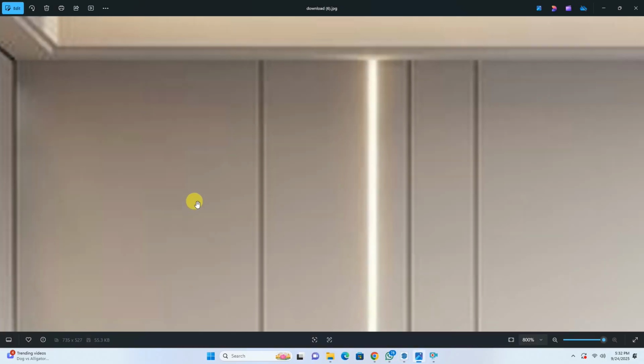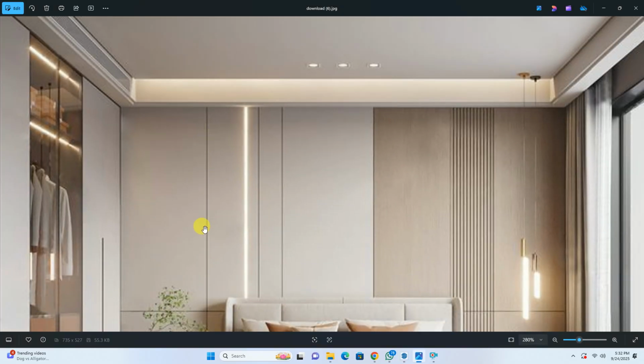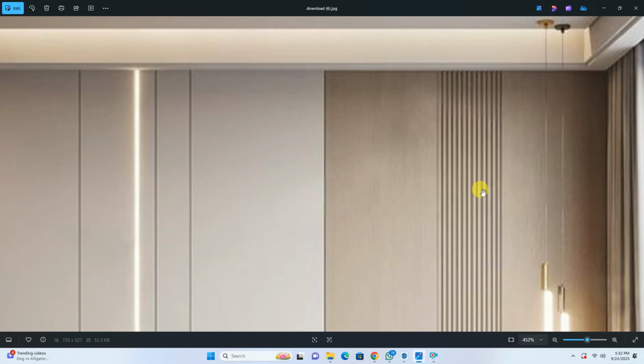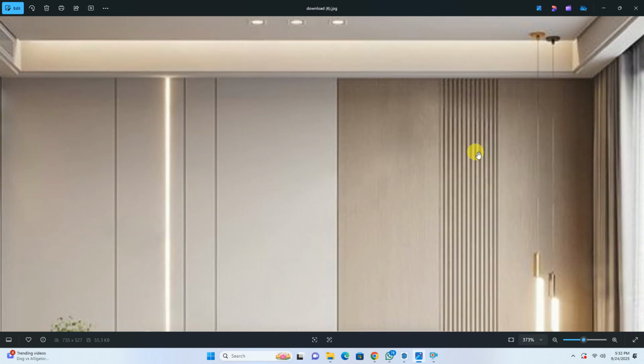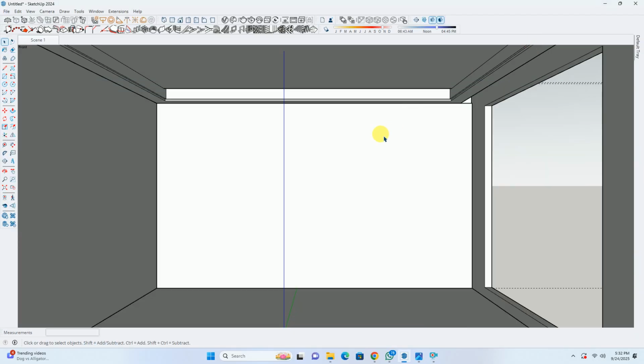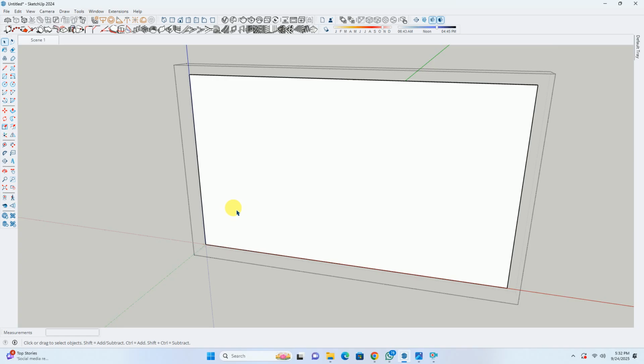Now, for creating paneling, we have to create these grooves, right? As we have talked, we will take these gaps as 3 feet. We can see clearly over here that this gap is quite small as compared to the side one. So we'll double click on this groove, also the paneling layout. We'll copy this surface from this corner and move it along the red axis. We'll create a copy at 3 feet.